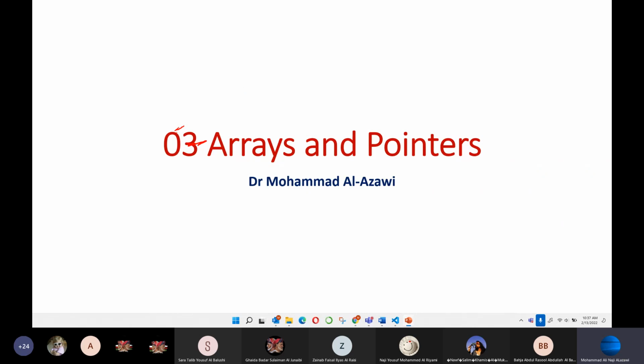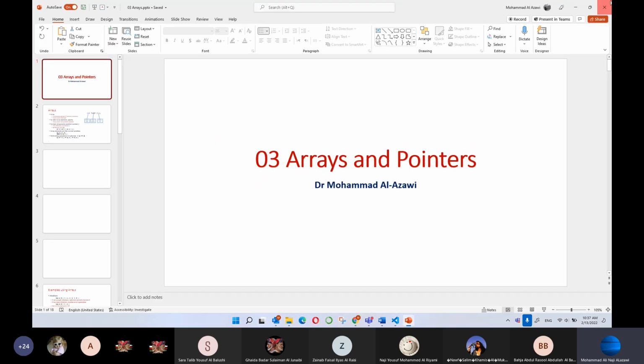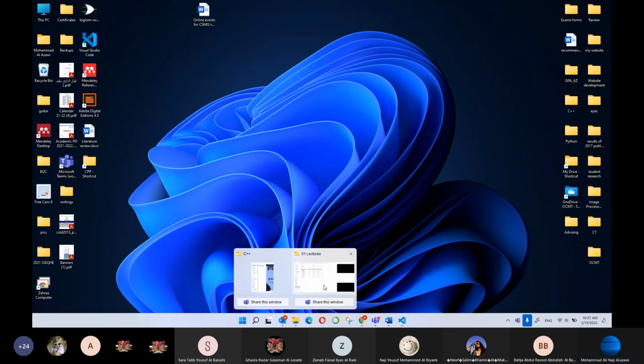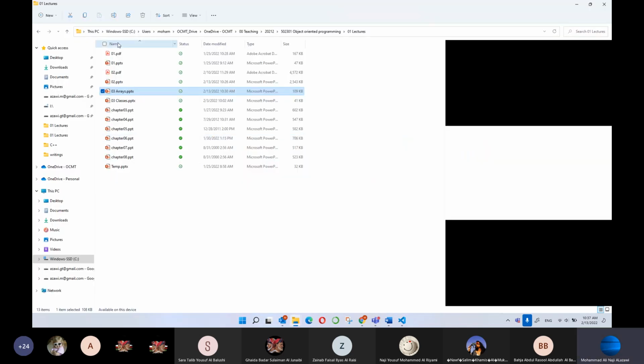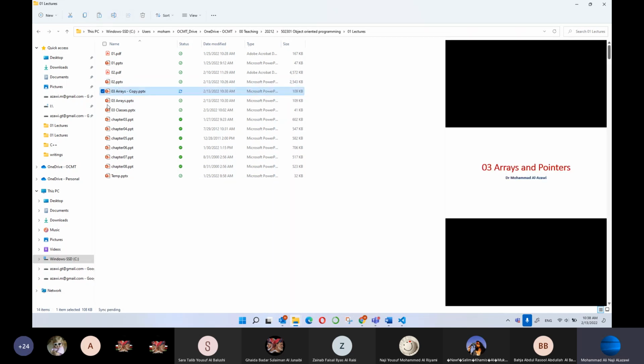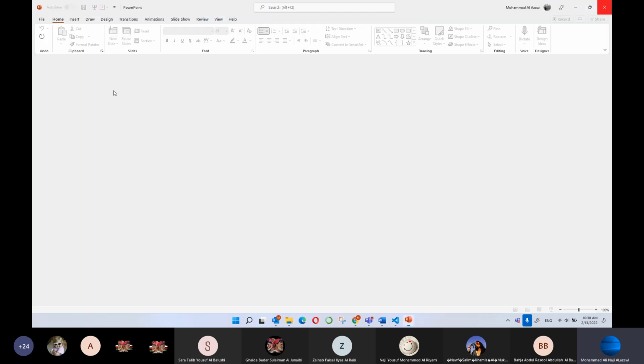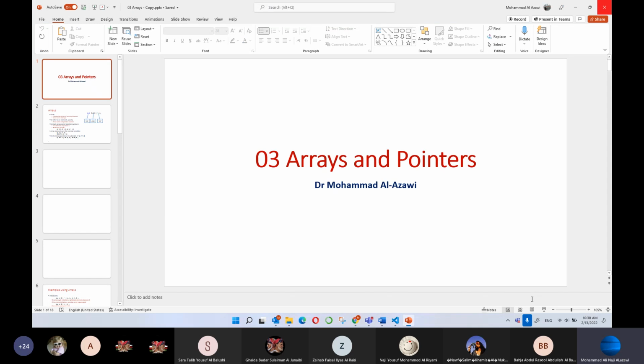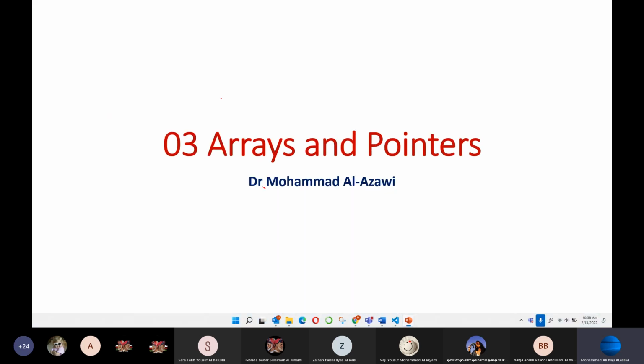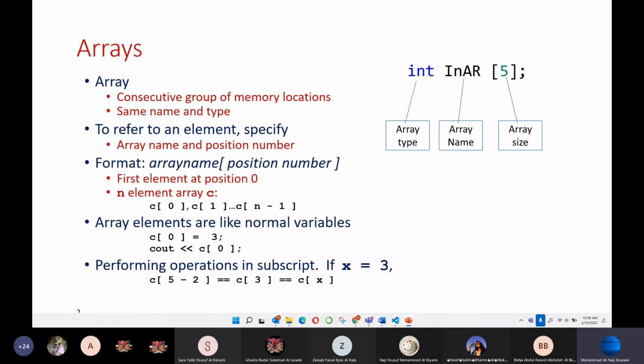Let me just create a copy of this so we can write whatever we want. Okay, we don't want to change the style or the slides. Okay, so arrays and pointers. We'll start with arrays, then we will jump to pointers. So in arrays, as we said,